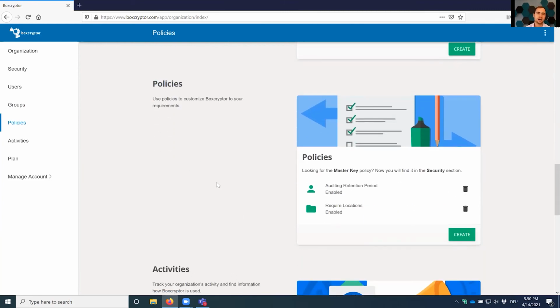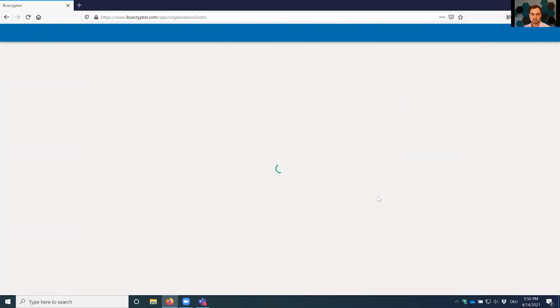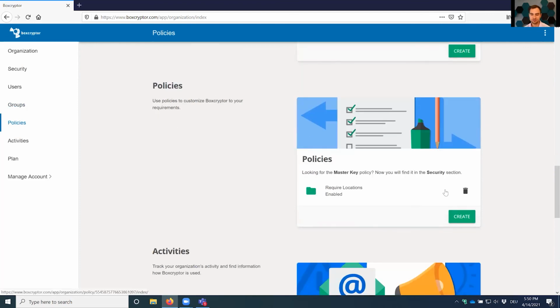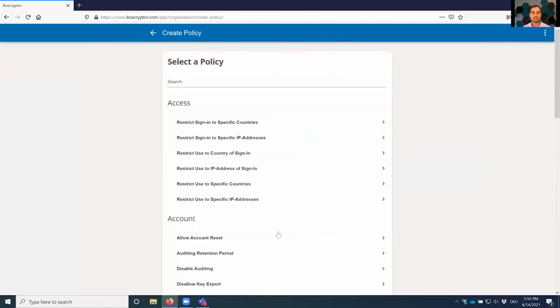So policies are the best way to customize Boxcryptor and also make sure that all of your requirements are met by Boxcryptor. Let me just delete these previous ones. Of course, you can delete all of your policies, and I will just give you an overview of all the policies we have. If you ever need one specific policy, you're missing something, just send us an email, send me an email,